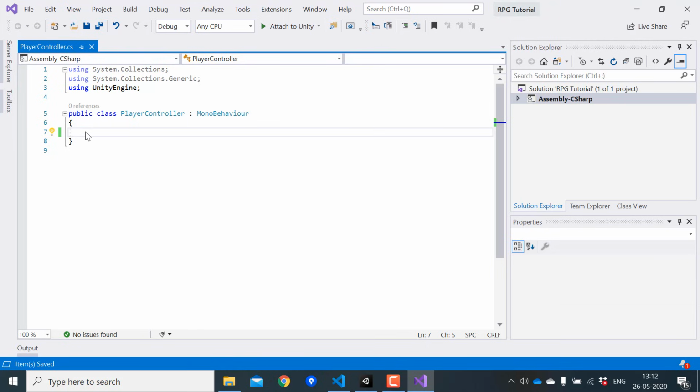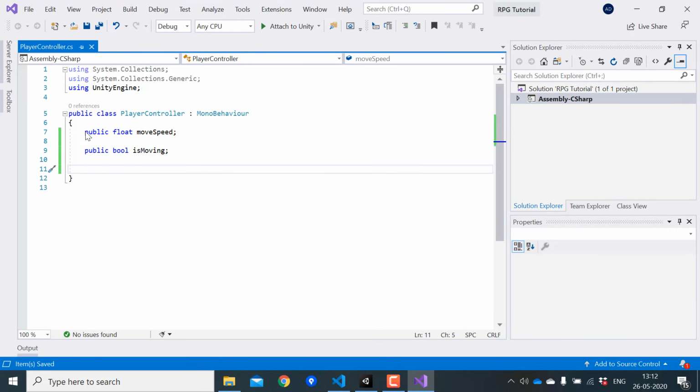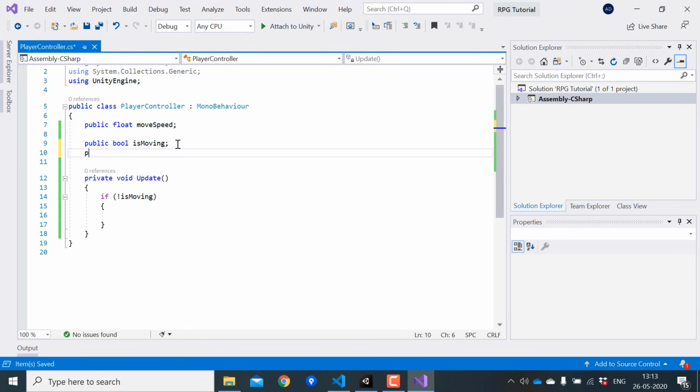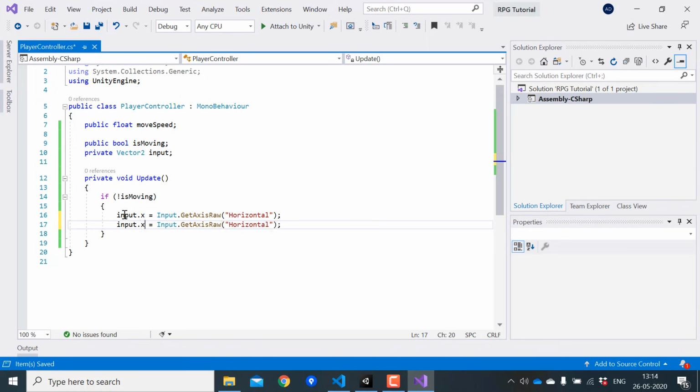So in the player controller, we need a public variable for the movement speed. We need another variable to check if the player is moving. Let's create a Boolean variable. Now in the update function, if the player is not moving, then we'll check for input and try to move the player. So let's get the input. So I store the input in a variable. And by the way, isMoving doesn't have to be public because we don't want to be able to change that from the inspector. So now if the input is not 0,